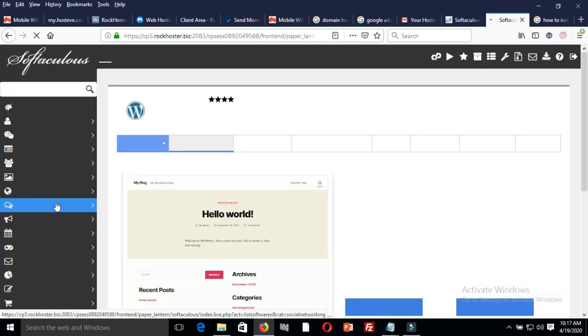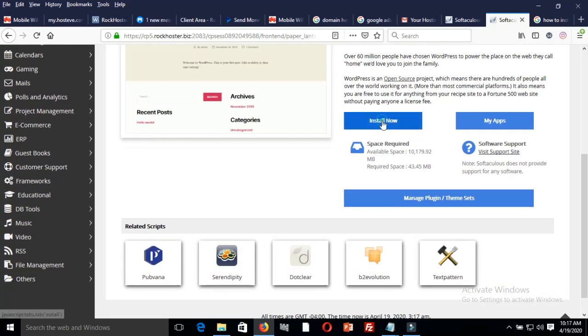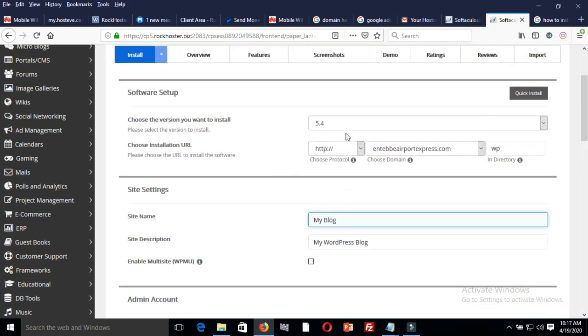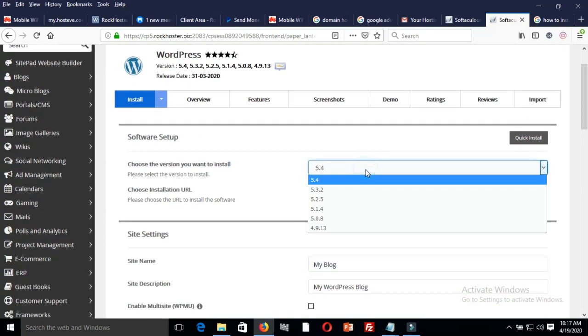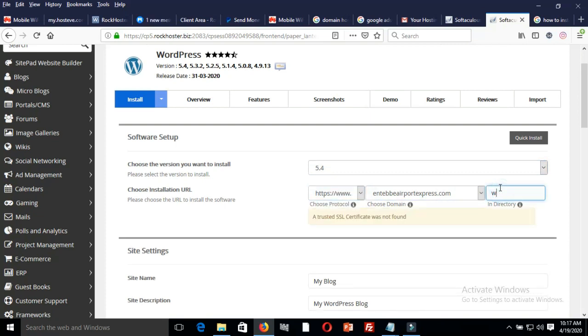Then here is our WordPress. So scroll down and select install now. So when you arrive at that dashboard, first go up and select the latest version of WordPress. There you leave that directory empty,